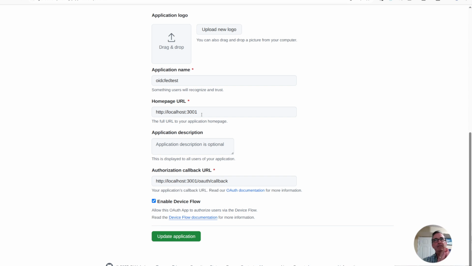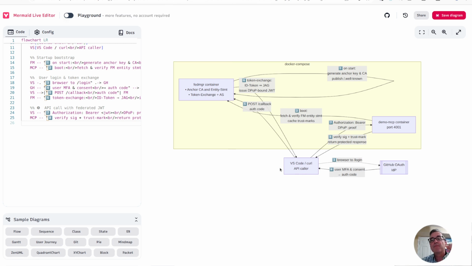So localhost 3001 is going to be the endpoint. When you sign in to get the authorization, you'll go back to localhost 3001 because you're running a Docker Compose on that port. It's going to receive the token, and then it's going to do the clever, interesting things with it, and remint the token so that you get that token used for the authorization for the MCP server, and you're going to have a view from the web,